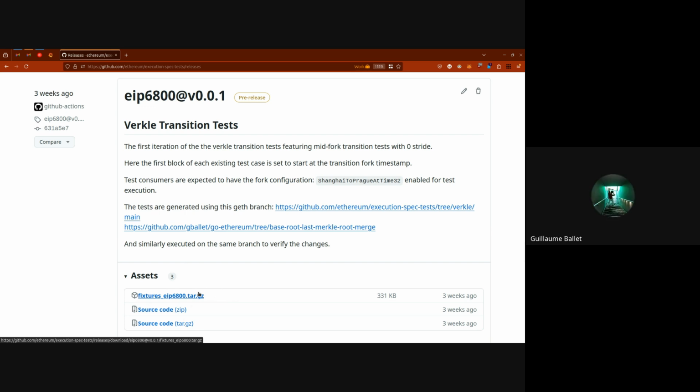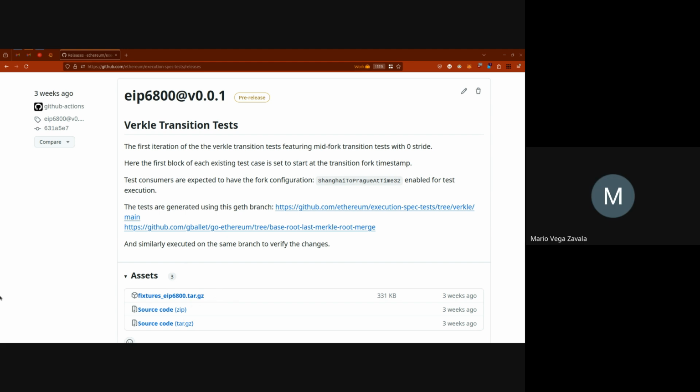So, that's my question. Currently, all the fixtures have been generated, or at least the tests have been filled, with a branch that was for Chaos Tenant 6, and we want to test Chaos Tenant 7. So if we want to regenerate everything, can we do this with that tarball, or is it just the output of something else that we need, like the filler? No. It has to be regenerated.